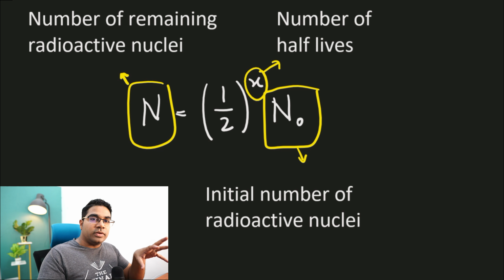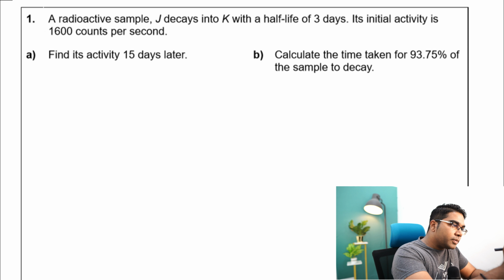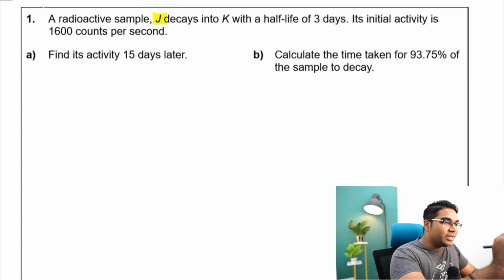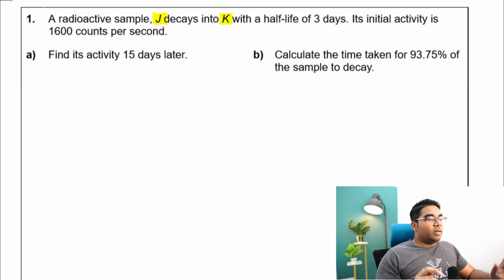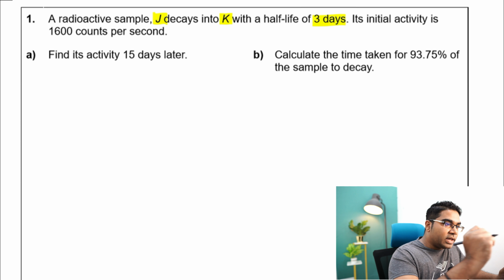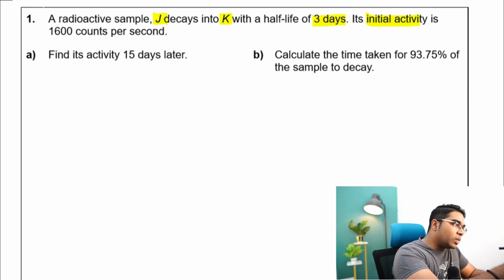So let's try to apply this formula in a question. A radioactive sample J decays into K with a half-life of 3 days. Its initial activity is 1600 counts per second. The activity refers to the number of radioactive nuclei decaying per second, and this is directly proportional to the number